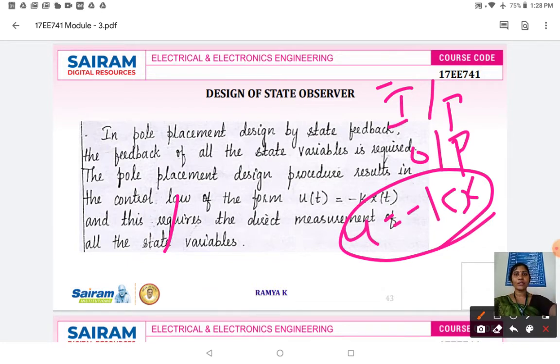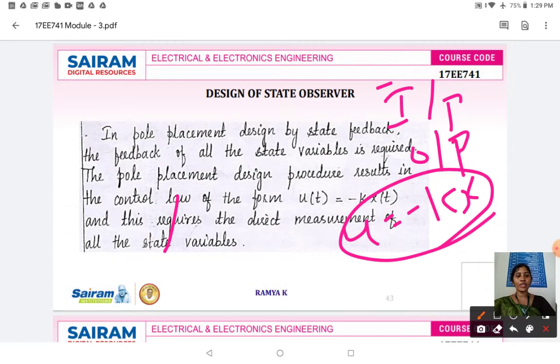The purpose of the state observer is that we need to estimate all the state variables that are available in the system, for the measurement that you have made for the system. So here both your input as well as your output are responsible for driving your system, and when a device takes both input as well as output to drive the complete system, that device is called your state observer. The unknown state variables are estimated, with the control vector u equal to minus k x. And the device that estimates the state variables is called a state observer.